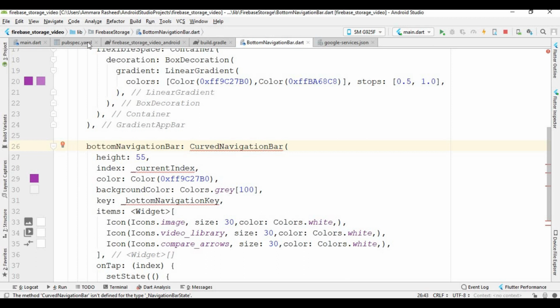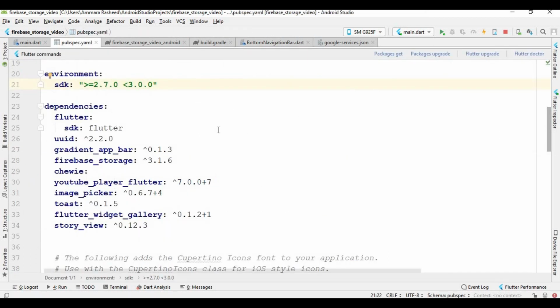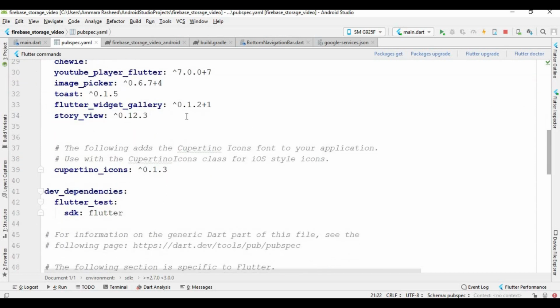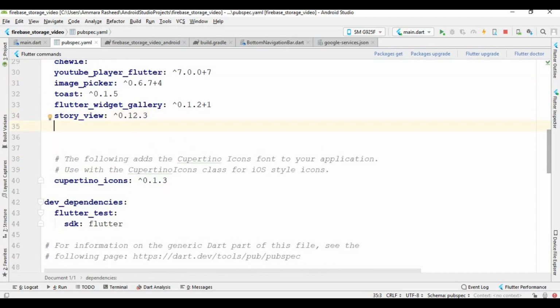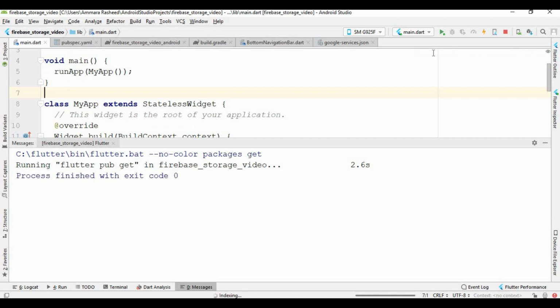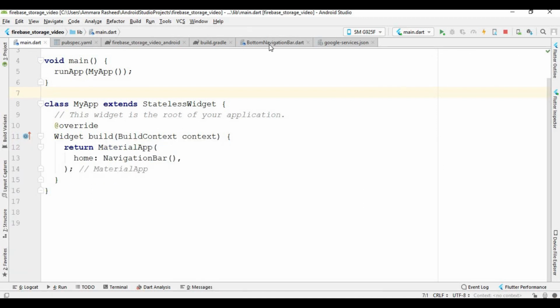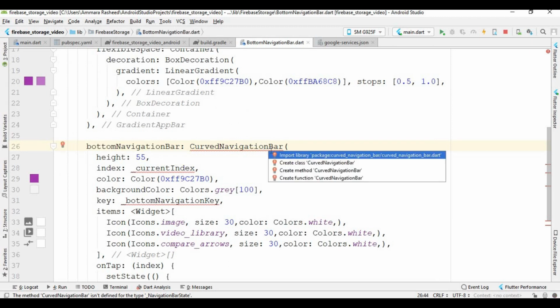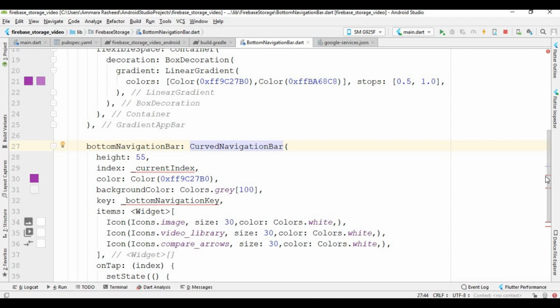So first open this file and write the dependency for this and import. So paste here curved navigation bar and then go to this file, get dependencies, and it executed. So now press Alt Enter and you will see this type of package. Import this